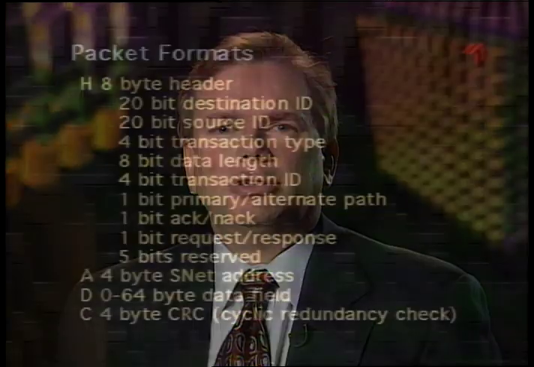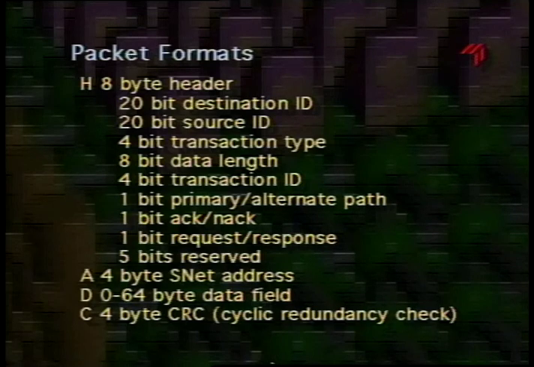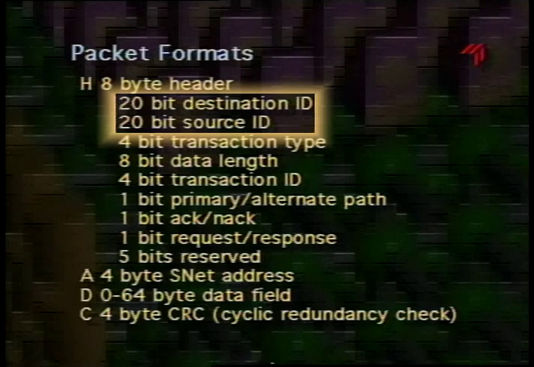The packet format includes a source and destination ID in every packet header. These are 20-bit IDs which can address up to about 1 million different nodes. We include them in every packet header so that when a packet gets to the destination node, the packet can be validated, and we can make sure that it came from a valid source and that it arrived at the destination where it was intended to be sent. In other types of networks that use relative addressing, a fault can cause a packet to be delivered to the wrong destination, and there may be no way to detect that the packet was misrouted.